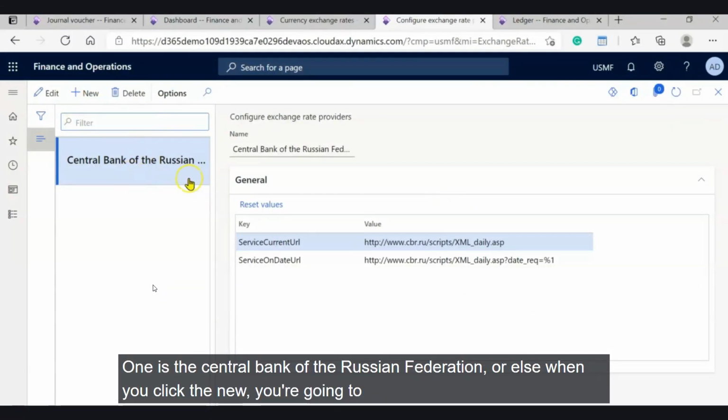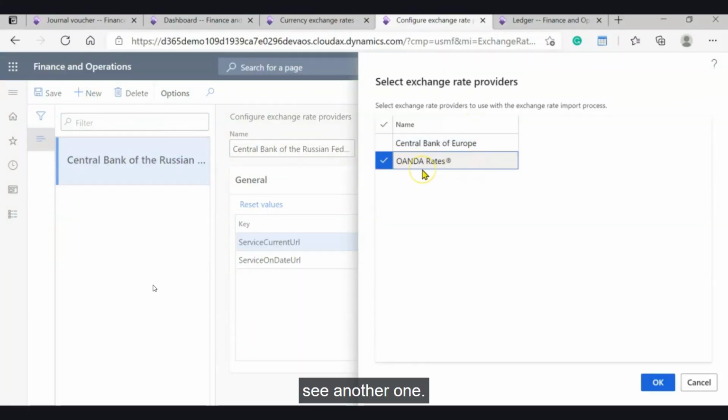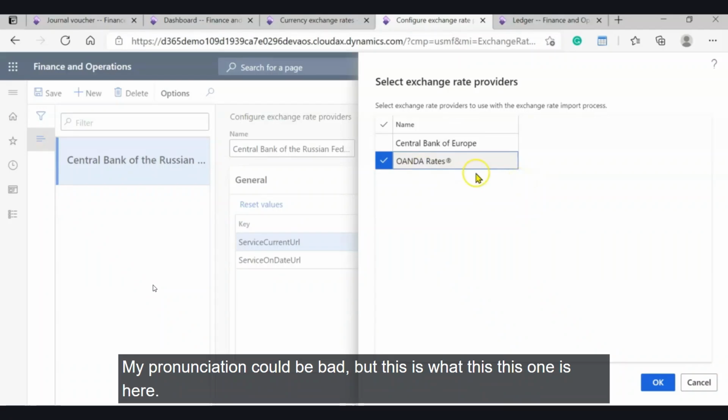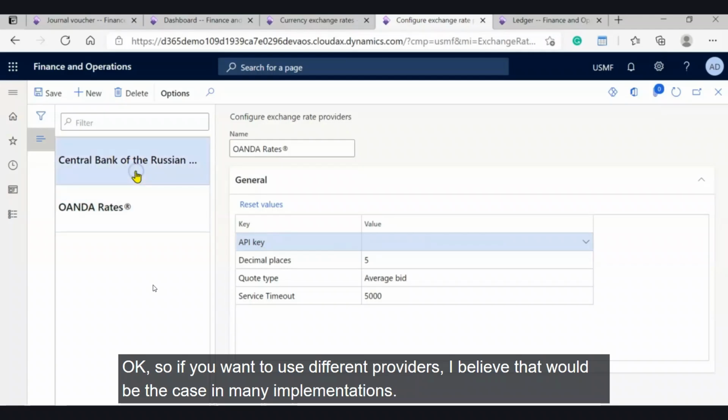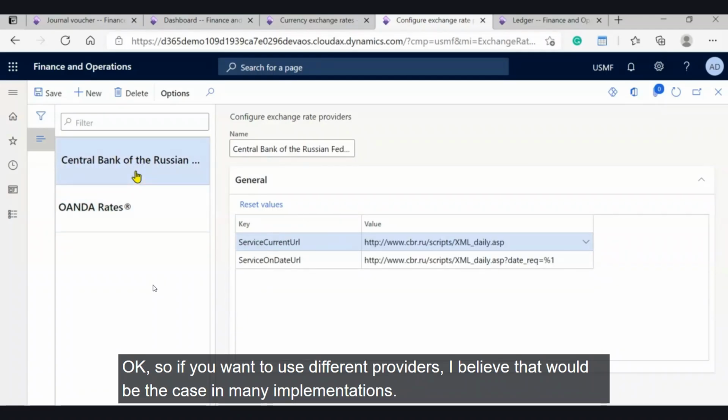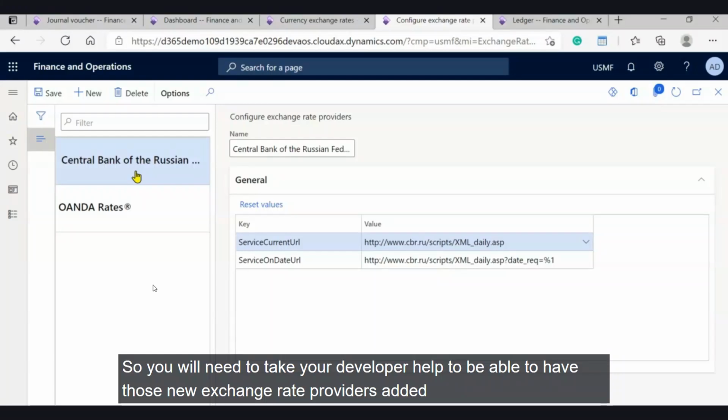One is the Central Bank of Russian Federation, or else when you click New, you're going to see another one on the rates. My pronunciation could be bad, but this is what this one is here. So you go ahead and say OK. What it does is it will create the respective URLs for you. If you want to use different providers, which I believe would be the case in many implementations, you will need to take your developer's help